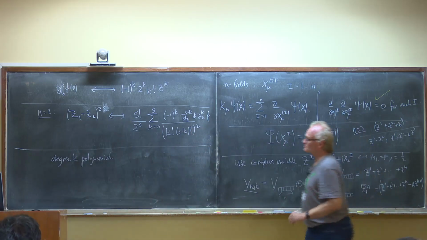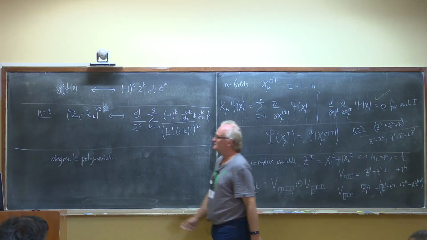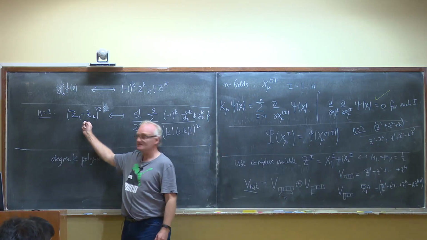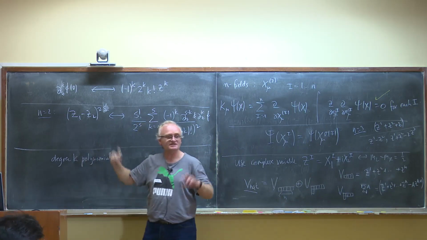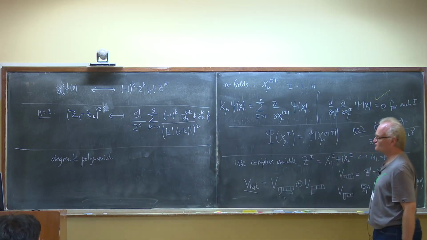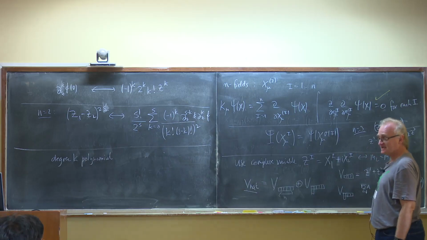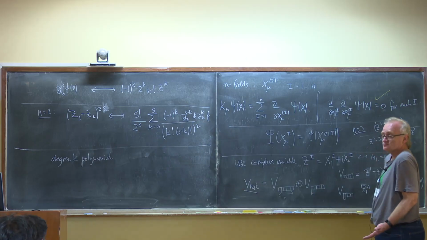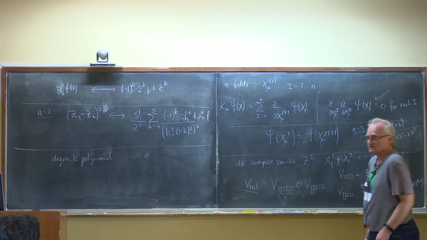Good. So I have n copies, right? You have n copies. Yeah. So here, for example, you had 2 copies. Z1 is acting on each of them first. I see. Exactly. For a degree k polynomial, all that you need to do is project onto the Sn invariant. So what you would have,